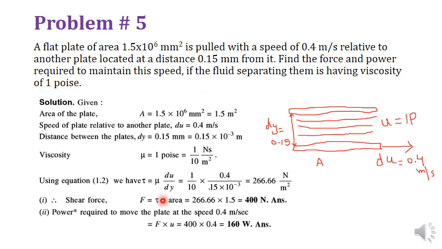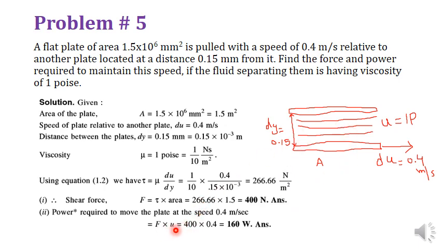Now if the shear stress is with you, then coming to the required parameter, that is to determine the force. If you want to determine the shear force, for that you need a cross sectional area, because tau is equal to F over A. The cross sectional area is known to you, that is again given data, 1.5 meter square. You input it and you are getting the force in newtons. If force is with you, then I think you can calculate the power, that is work done, very easily. So the power required to move the plate at the speed of 0.4 meter per second will be F into U.